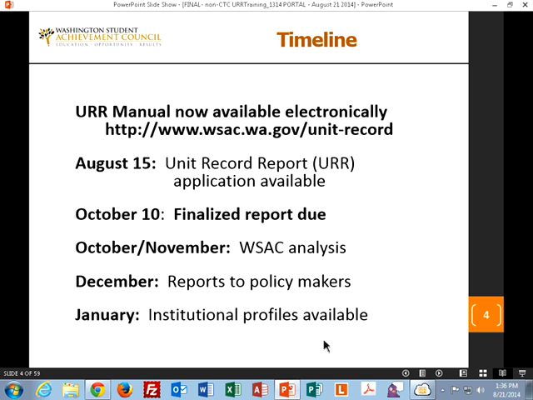And in January, we should have institutional profile reports available online. We'll send out an email at that time to remind folks. This past year, they were a little later, but that was our developmental year, so it was probably March before the profile reports were out this past year, but we'll get them out by January of this year.